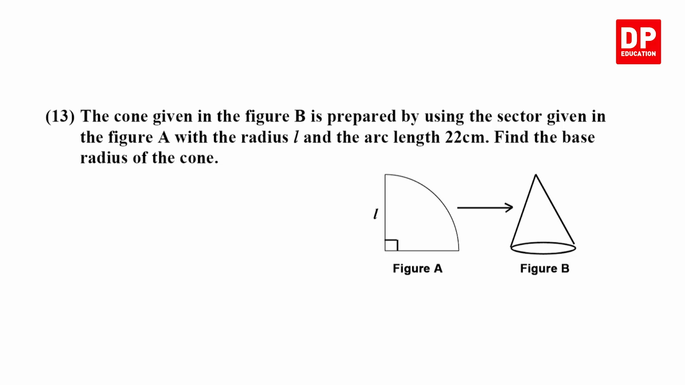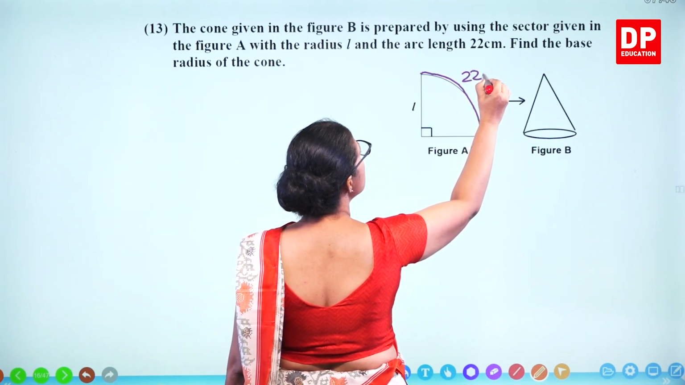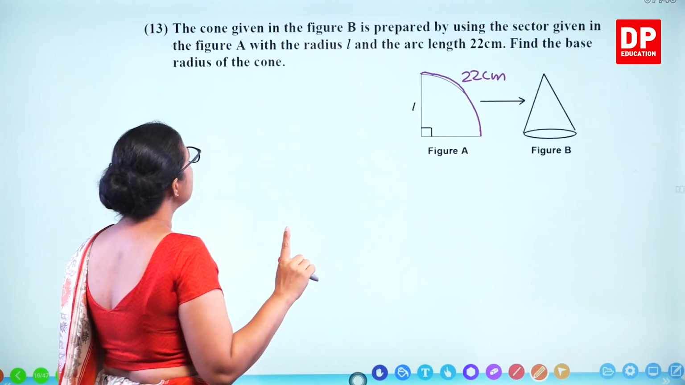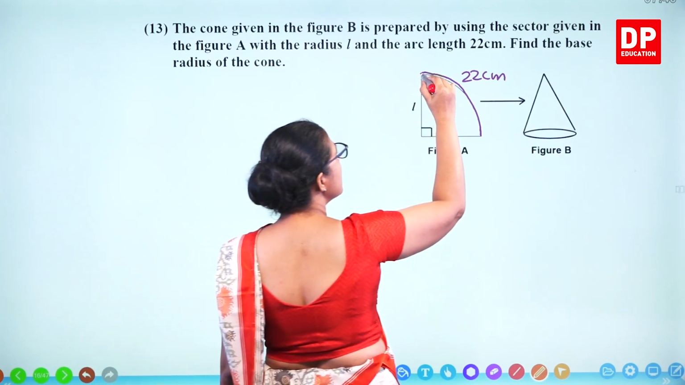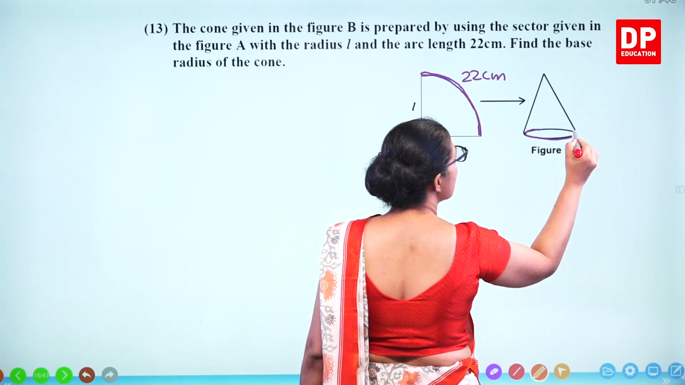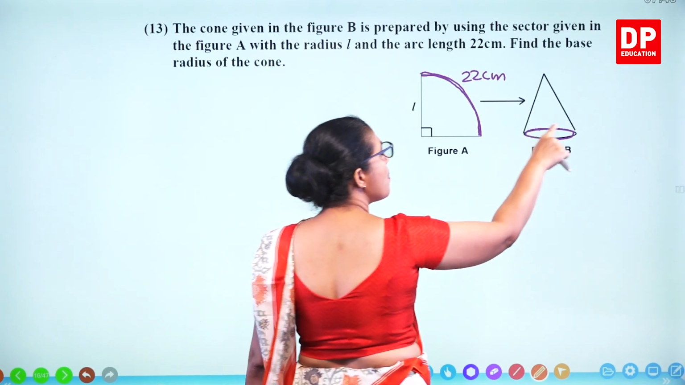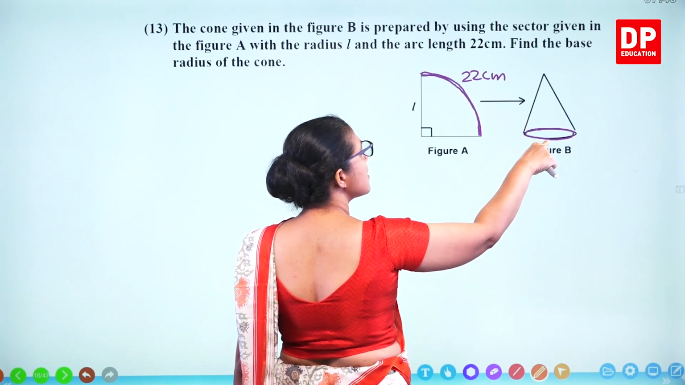Question number 13. The cone given in figure B is prepared by using the sector given in figure A with the radius L and the arc length 22. So this length is 22 centimeters. Find the base radius of the cone. So when you fold this one, you get this part. Same thing. When you fold here and here, when you paste it, the circumference of this cone